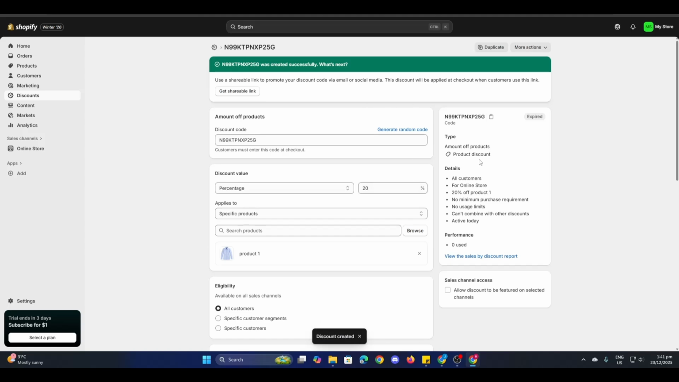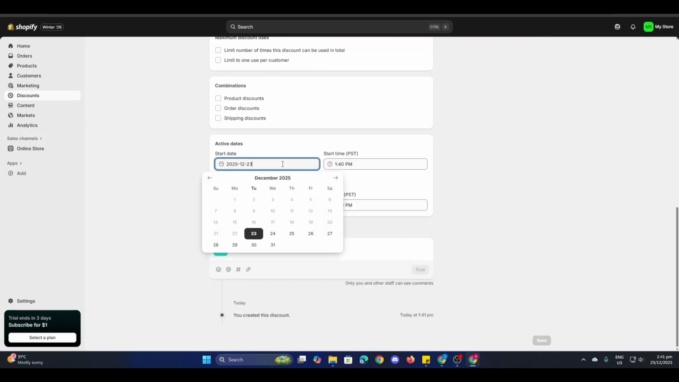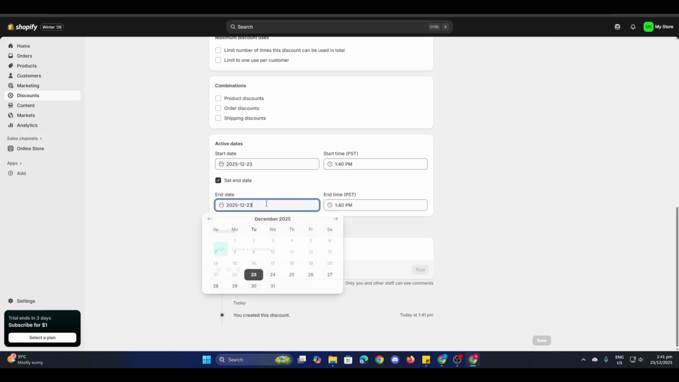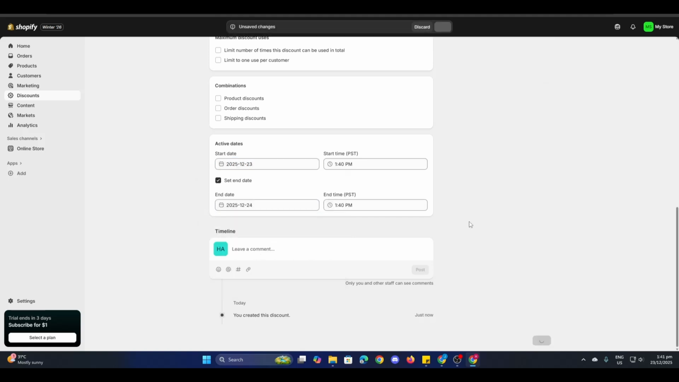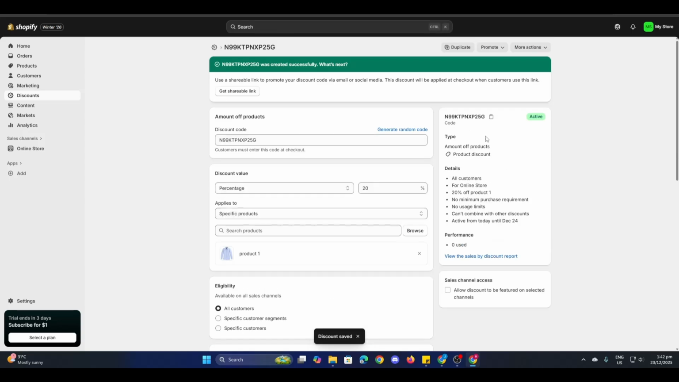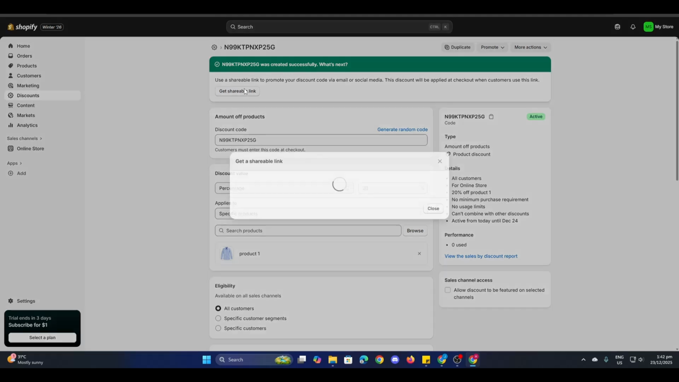Okay. Now once your discount is active, wait, I didn't change the date, so that's why it says here expired. So let's just change the date to until 24, and then click on save. Okay, now it's active. So once it's active, you can just click on get shareable link here, and then